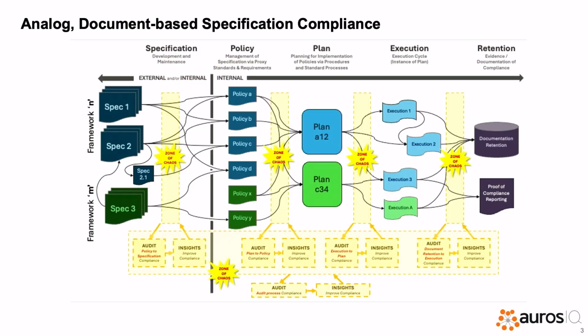So after you have your proxy policies and you've managed to connect them back to your specifications, you now have to actually figure out how you're going to do those proxy policies. You have to budget for them. You have to allocate people to go do them. You have to have timing events and trigger events. And so that's the plan piece, right? You consume your proxy policies into a plan, but again, you have to manually try to align them and try to validate to auditors and to yourself that you've actually consumed all of those policies into all of your plans and you've done it correctly.